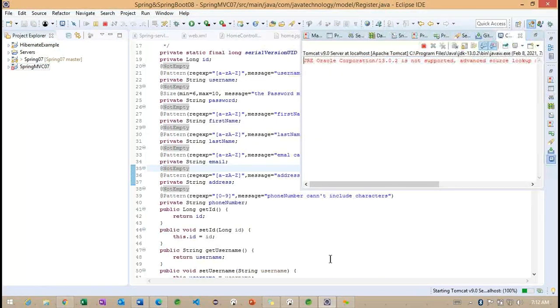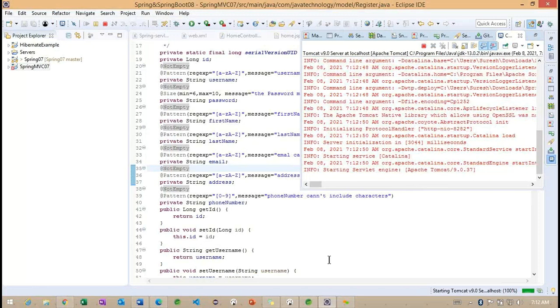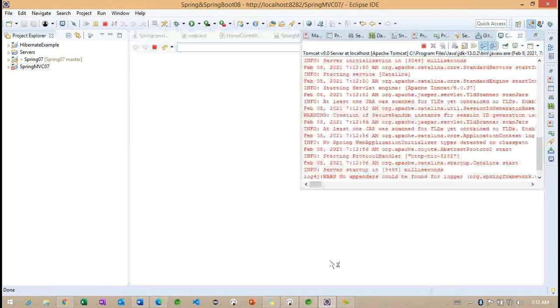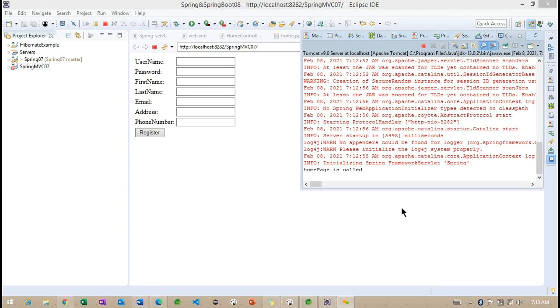Let me run one more time. These are Hibernate annotations, right? Yes, these are supported by Hibernate. These are Hibernate annotations only. Validation, Hibernate Validator. Yes, these are coming from Hibernate Validator.